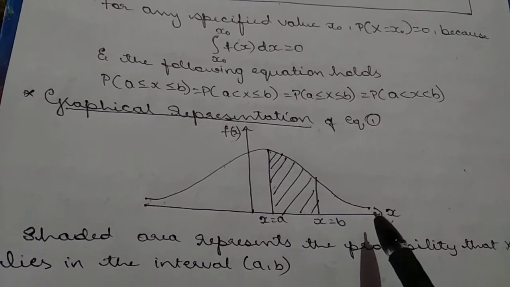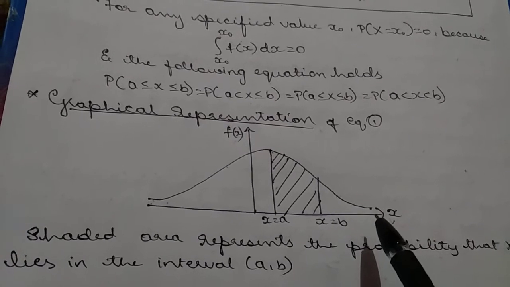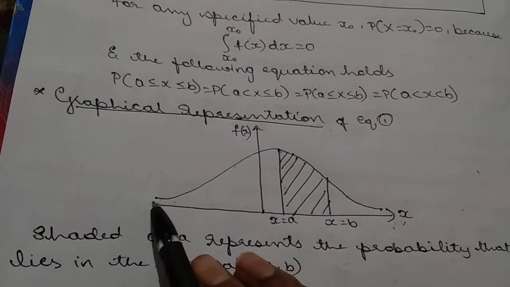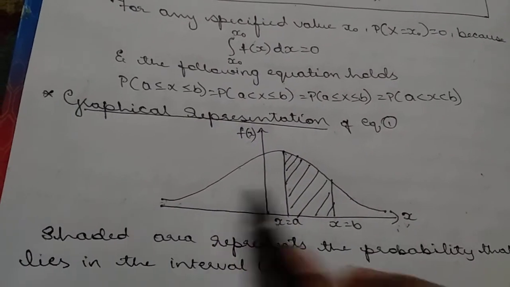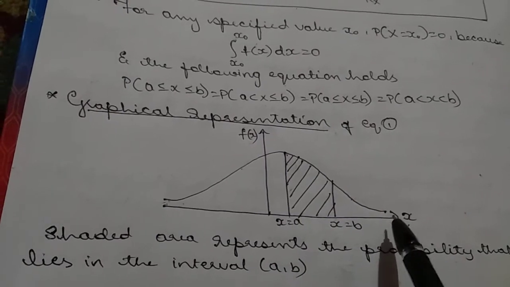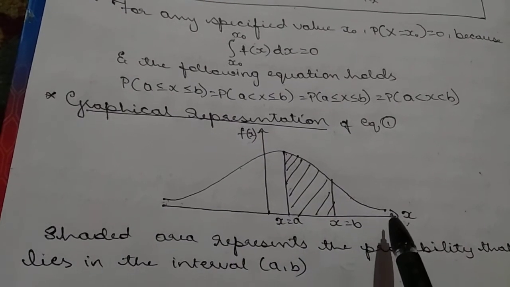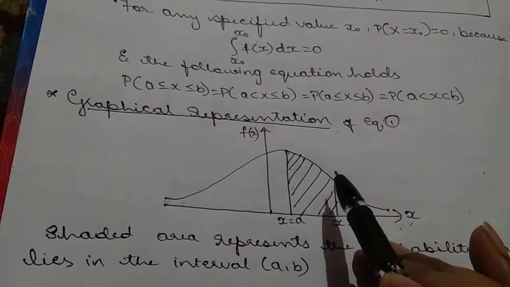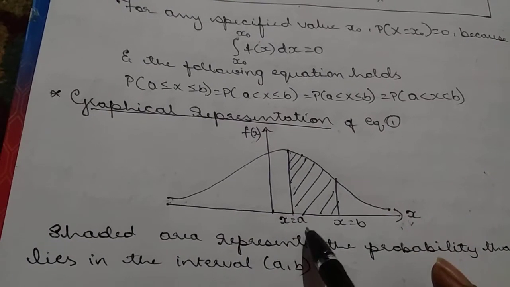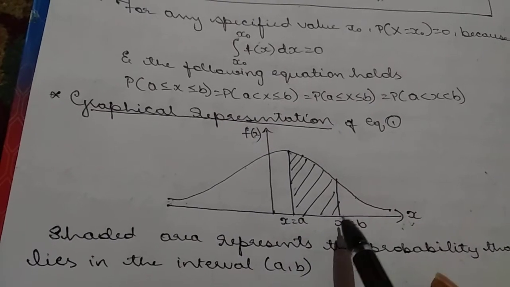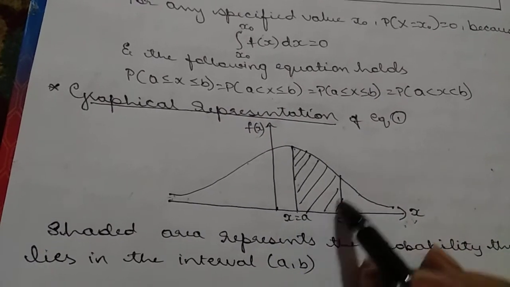But here this is a continuous distribution function. I am just specifying the range. From 0 to infinity, you can select any range for your random numbers. From here to here, any random numbers can be generated. But here I am specifying the range. This is the range I am specifying: x is equal to a and x is equal to b, that is a to b. The random numbers we select are within this range.